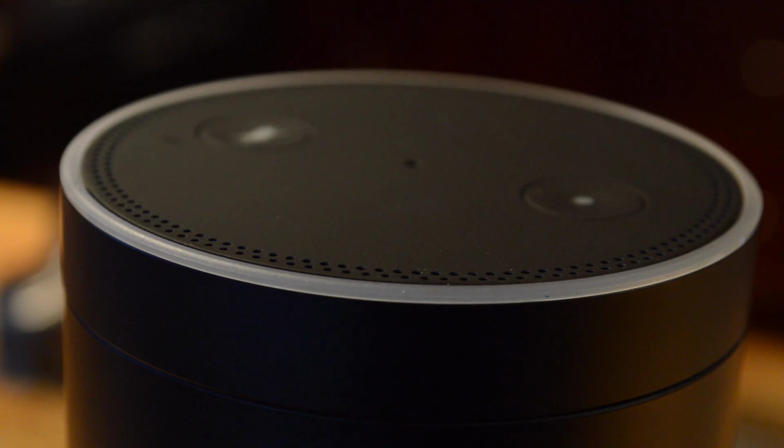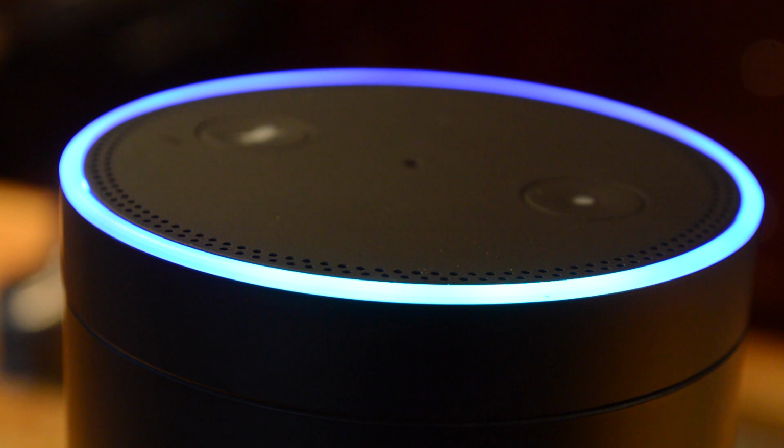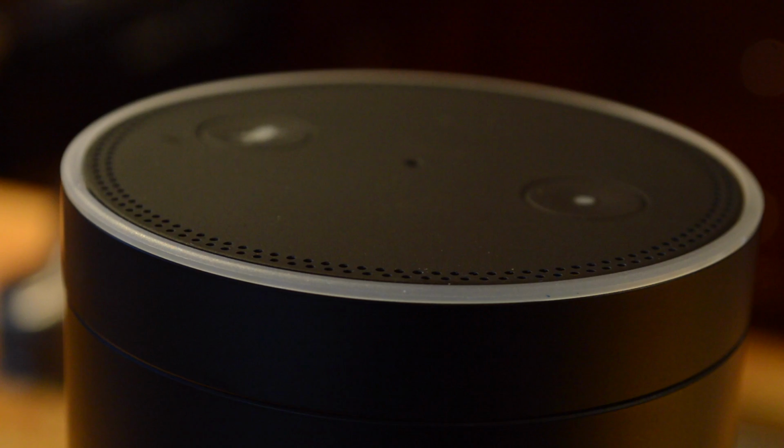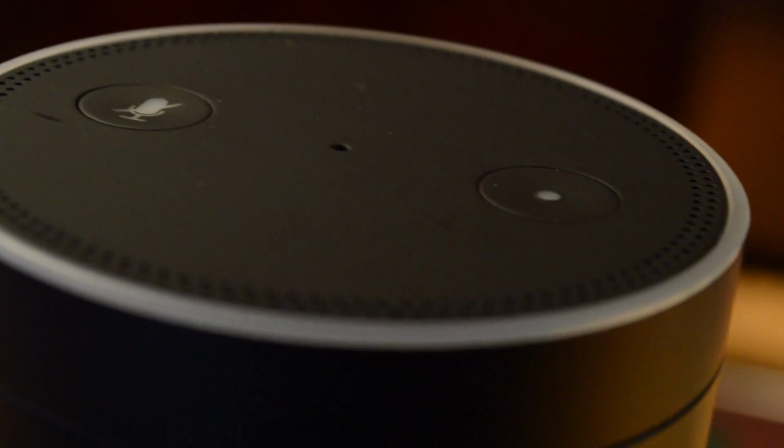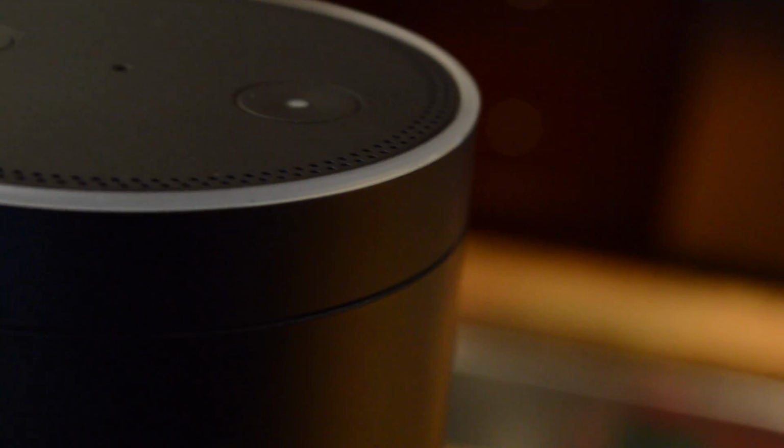When you're talking, blue LEDs form a ring around a little bit of green that points towards where it thinks your voice is coming from, and when it's processing, it does a little flashy LED show at the top, so that's kind of fun. The volume knob, which is right below that on the side, is actually kind of satisfying to turn, but that's really not going to be your primary means of using the device